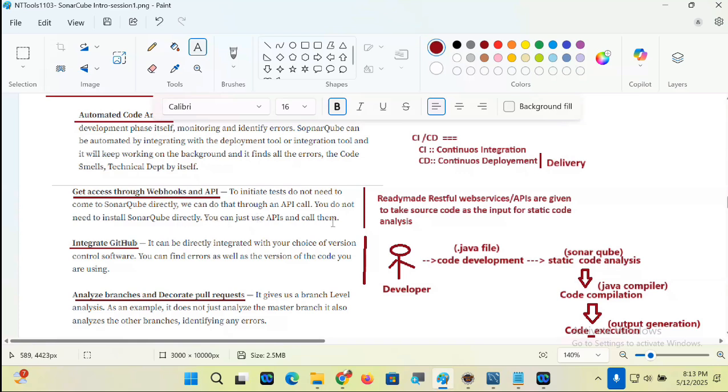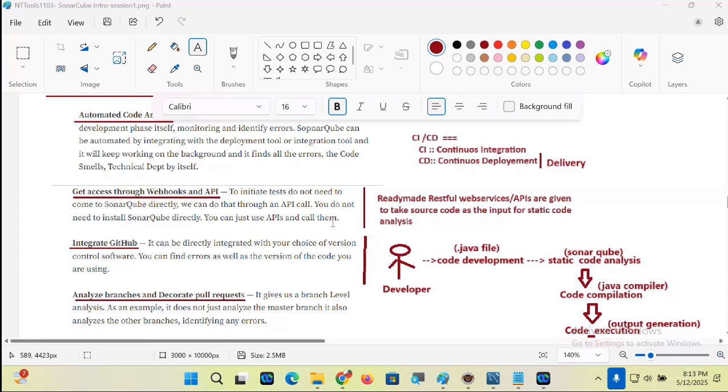How many of you know that using web services, APIs will be developed? I mean, it's a distributed application. What it says is, you need not install SonarQube. You send your source code files to one API, one ready-made service which is there in the cloud or internet. It will send the report. That means you don't need to install SonarQube in your computer.